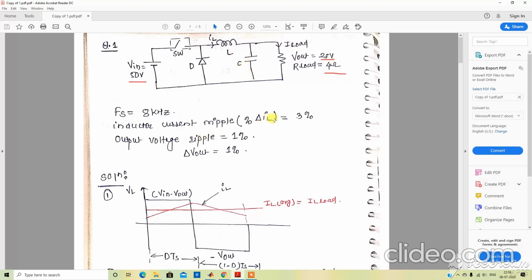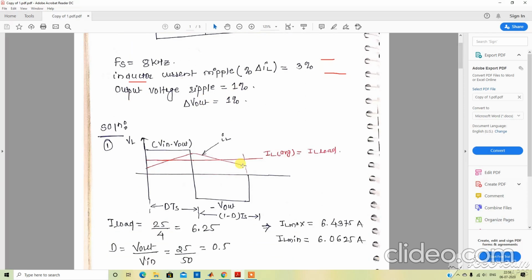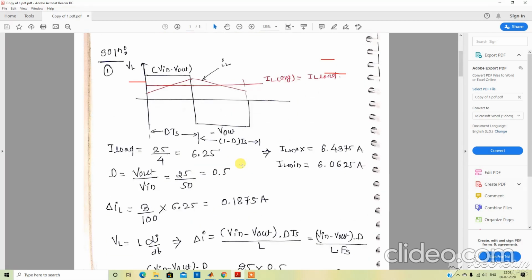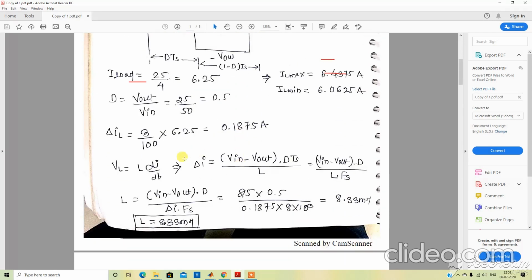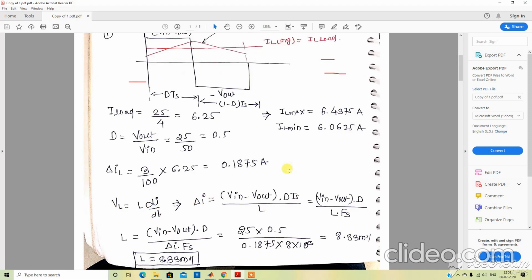To design the inductor, the current ripple is considered as 3%, and the output voltage ripple across the capacitor is considered as 1%. We know that VL is equal to L di by dt. We replace di with delta I, and dt with the time for which that voltage is across the inductor.